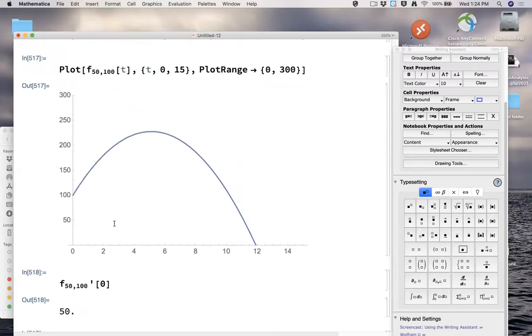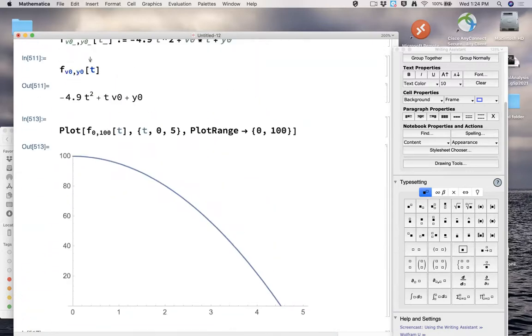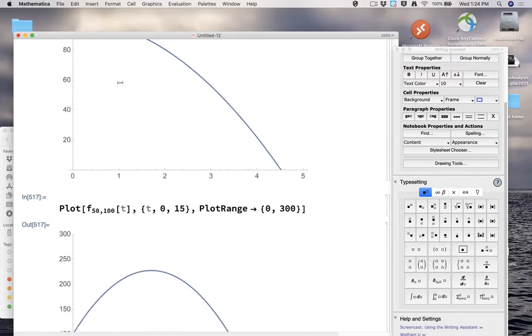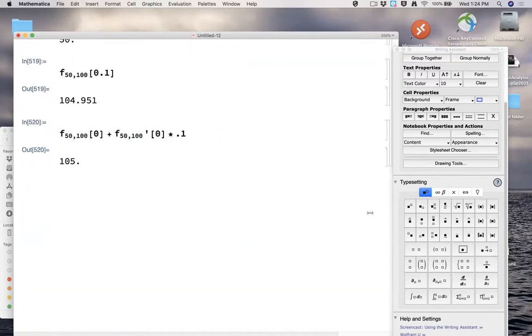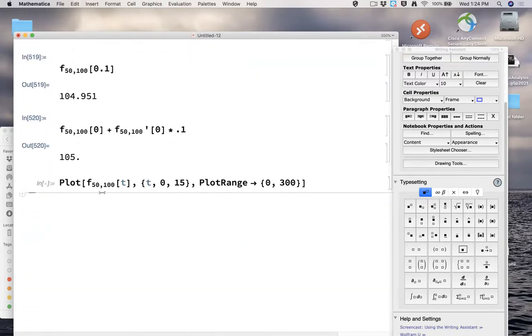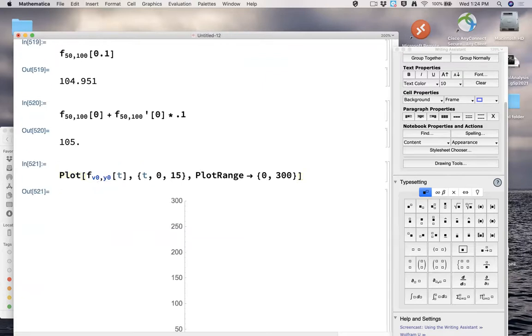Let me show you more of the benefit of allowing these subscripts in here to allow me to change the initial velocity and change the initial height. Let me copy and paste this code down here. Let me now go ahead and change this back to a V0 and a Y0. Remember, if I enter this as is, nothing will happen because Mathematica doesn't know what V0 and Y0 are. However,